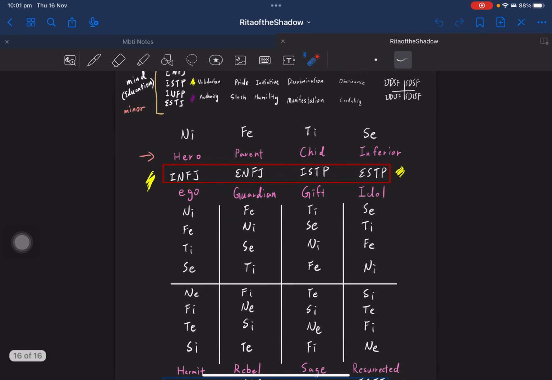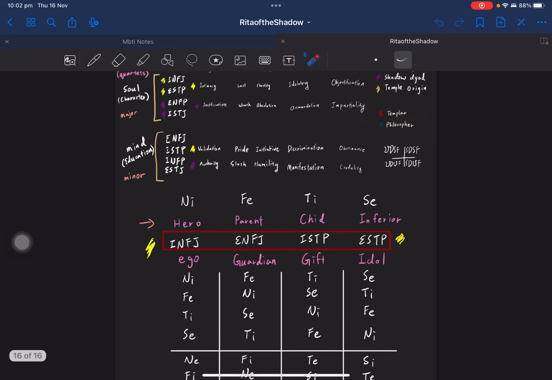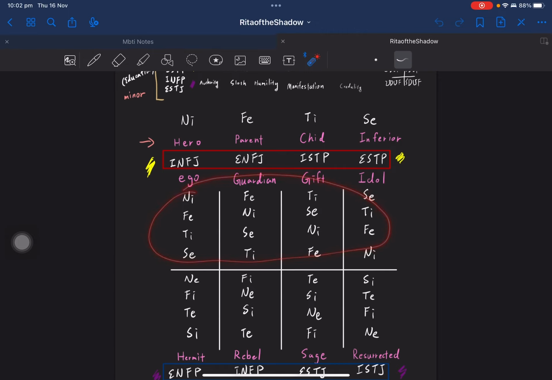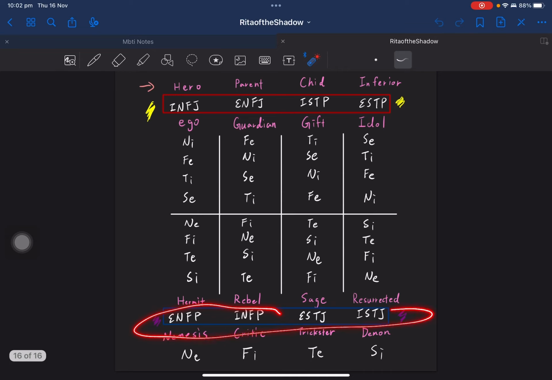And before that, I just wanted to show you, because in the last video I talked about how all the types in the same quadrant share the same cognitive functions. So this is what I mean. As you can see, all 4 of these are Templar types. The red are the Templars. So they all have exactly the same cognitive functions, just in different order, and same goes here. So if you didn't know what I mean before, this is what.